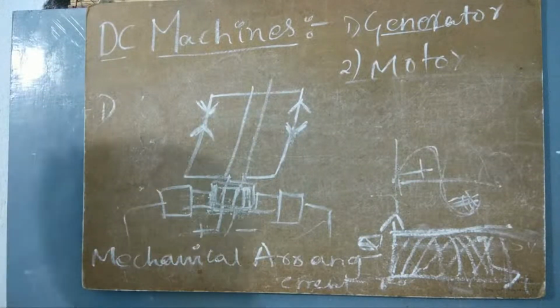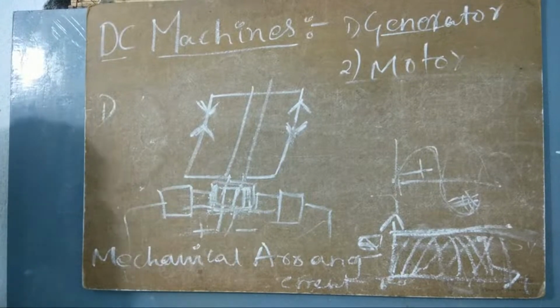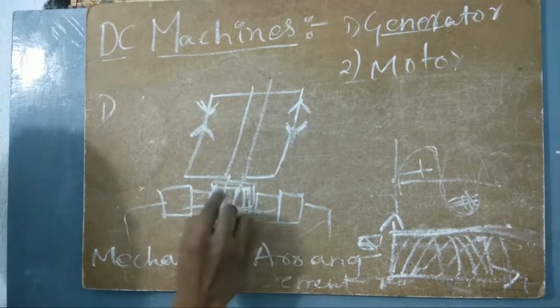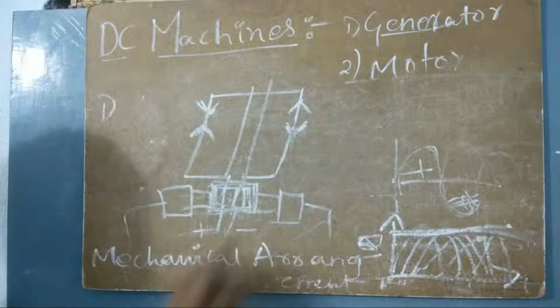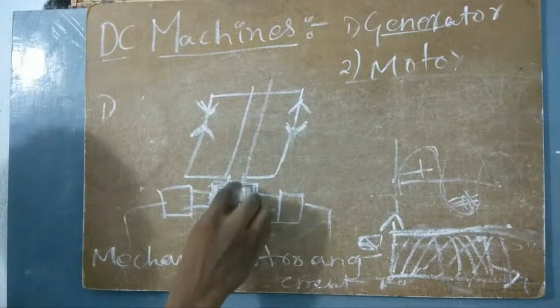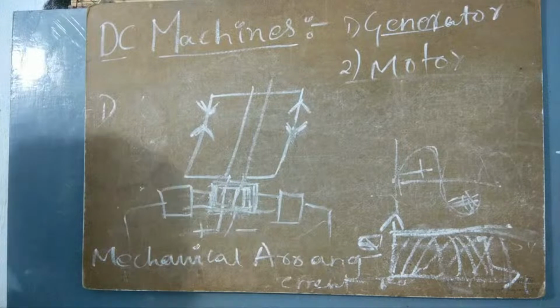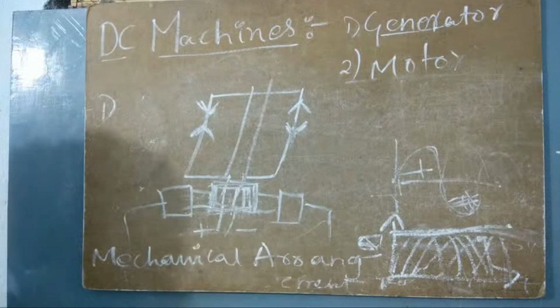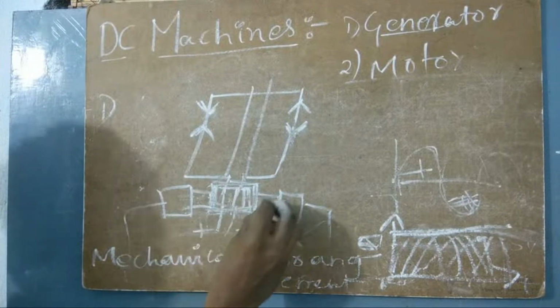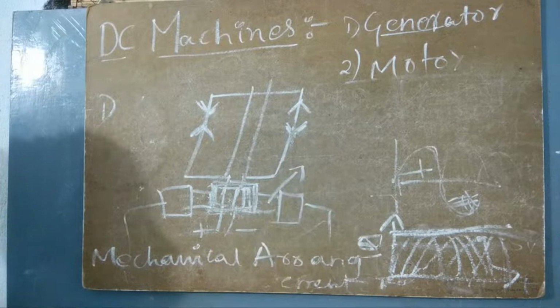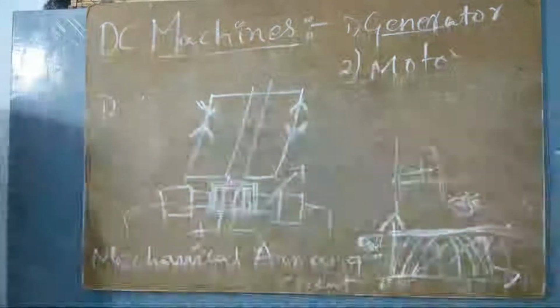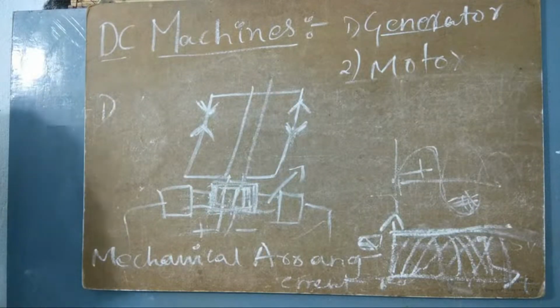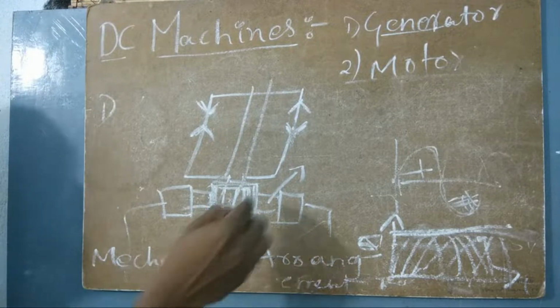Why is carbon used for the brushes? Because carbon is a very soft material that won't hurt the strips of the commutator. It is so soft that it won't damage the physical or mechanical arrangement, and there will be no scratches either. Also, carbon has low resistance, so it can accept more and more current, and we are able to collect each and every electron in the form of current. That's why carbon is used.